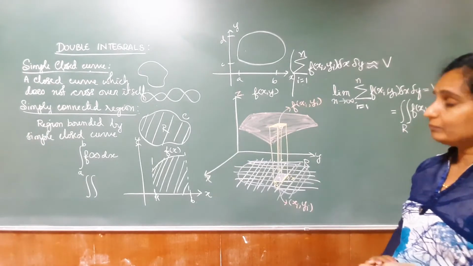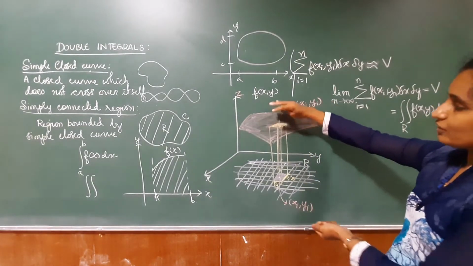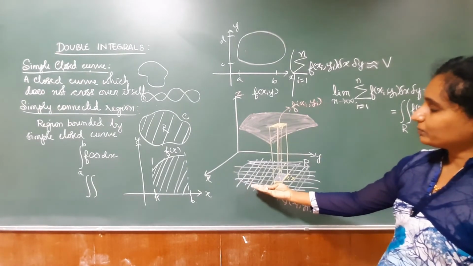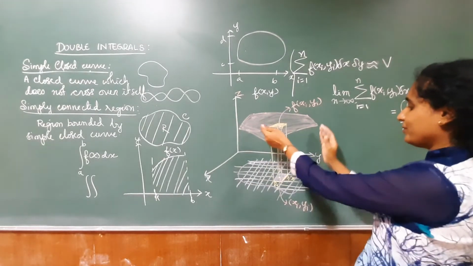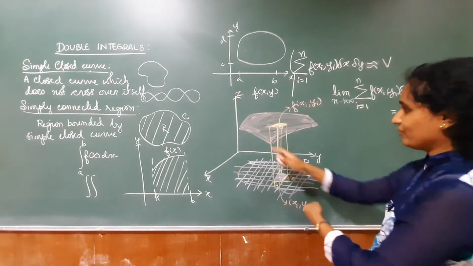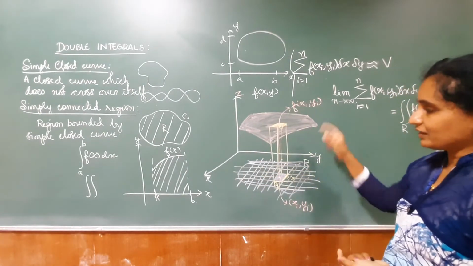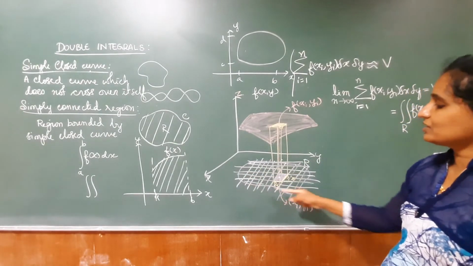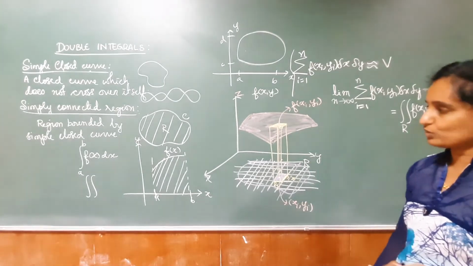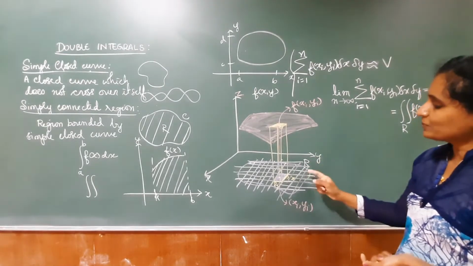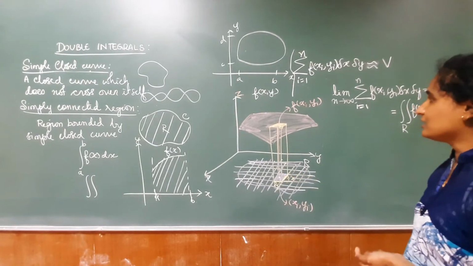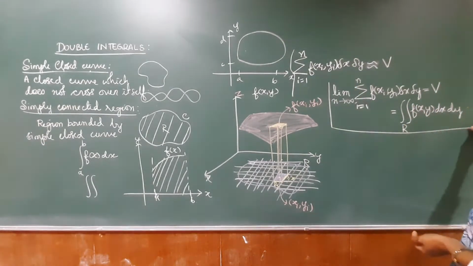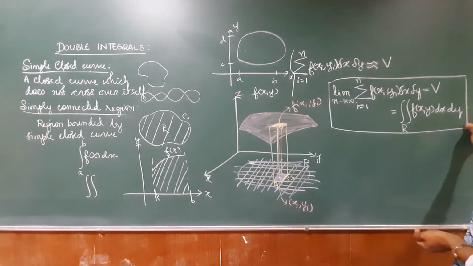Therefore, this is my definition of double integral. It is nothing but the volume of the surface under this particular curve and bounded on the bottom by this region, and suitably I will take the sides also. If this is a square, then I will be getting this square. Okay, and what is the condition? The function should be defined on this region R so that I can integrate. So this function must be defined at every point in this region. Therefore, this is the definition of double integral.